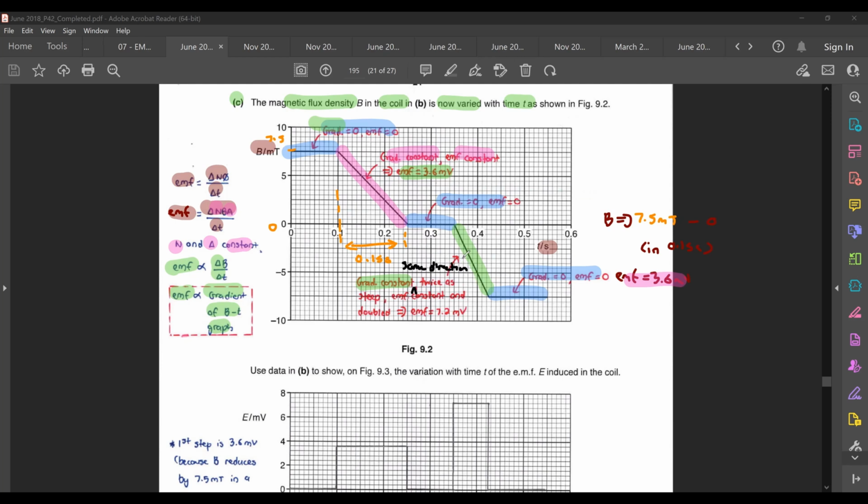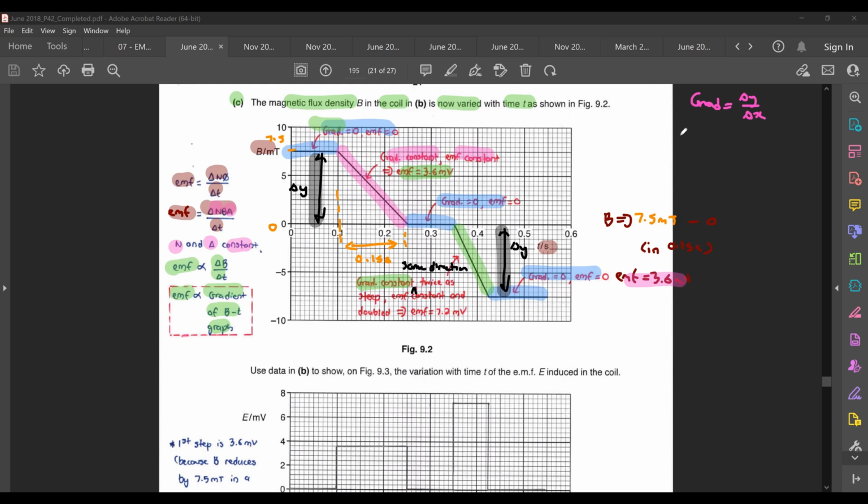Now, when I want to talk about the magnitude of my gradient, I can clearly see it's not going to be of the same steepness. How do I know whether this is going to be steeper or less steep? It's the same thing as what I've done for you last time. Gradient is the change in y value over the change in x value. You just look at your graph now, which one is actually the same? Is it the change in y or the change in x? This one is 3 large boxes, this is your change in y. This one is also 3 large boxes, also your change in y. You could say that your change in y is the same for both